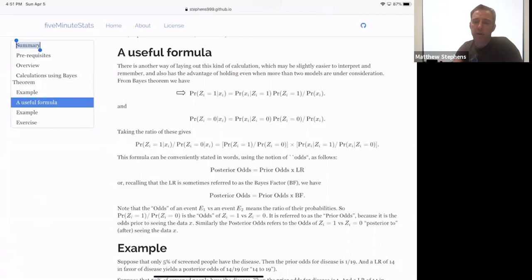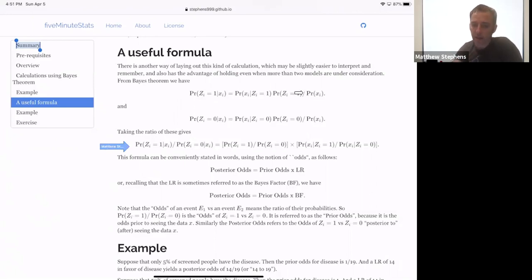So this is just Bayes' theorem here, applied to the posterior probability that the individual is diseased. And this here is also Bayes' theorem applied to the posterior probability that the individual is not diseased. And the idea is that you can simply take the ratio of these things, and that leads to a nice